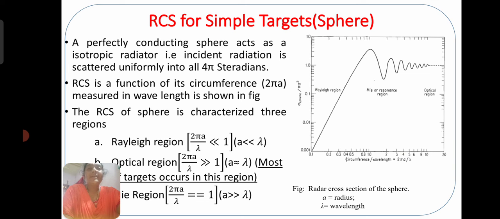A perfectly conducting sphere acts as a good isotropic radiator. The incident radiation is scattered uniformly into all 4 pi radians. The RCS is a function of its circumference measured in wavelengths, as shown in the figure. So the RCS of the sphere is categorized into three regions. The first one is